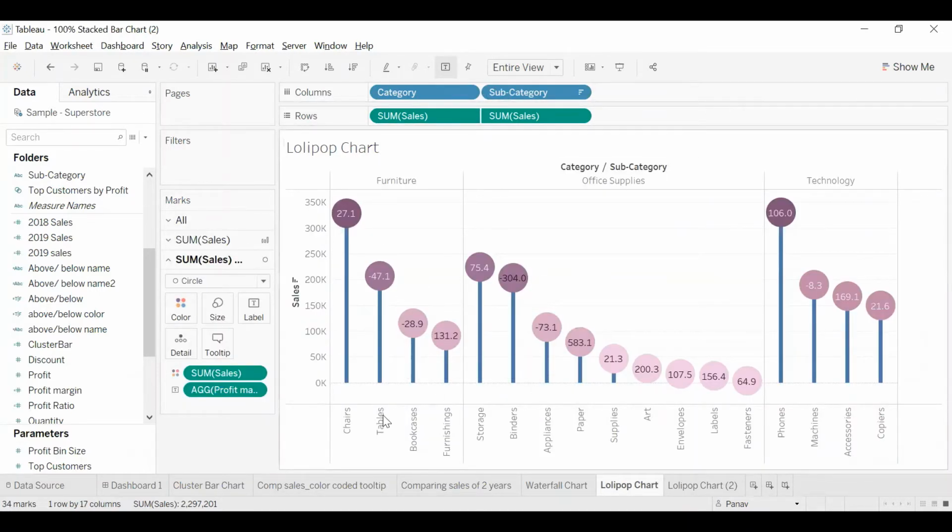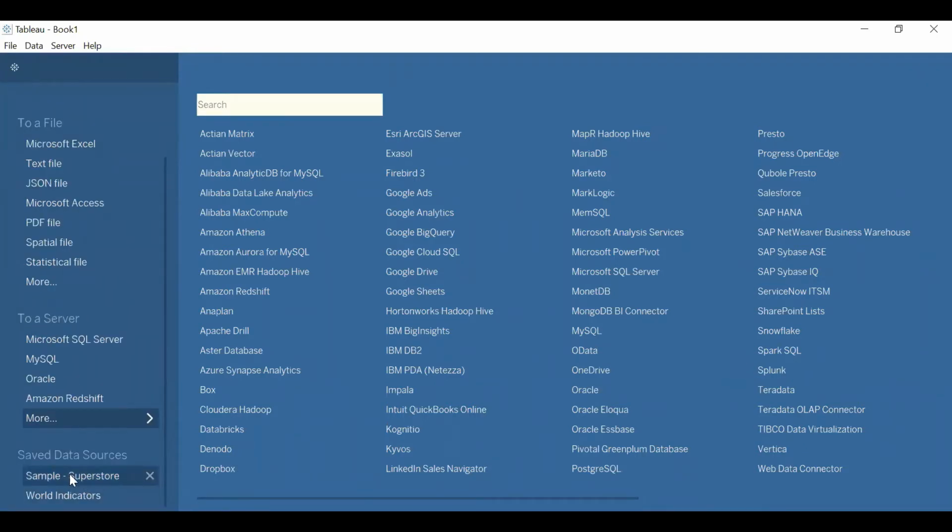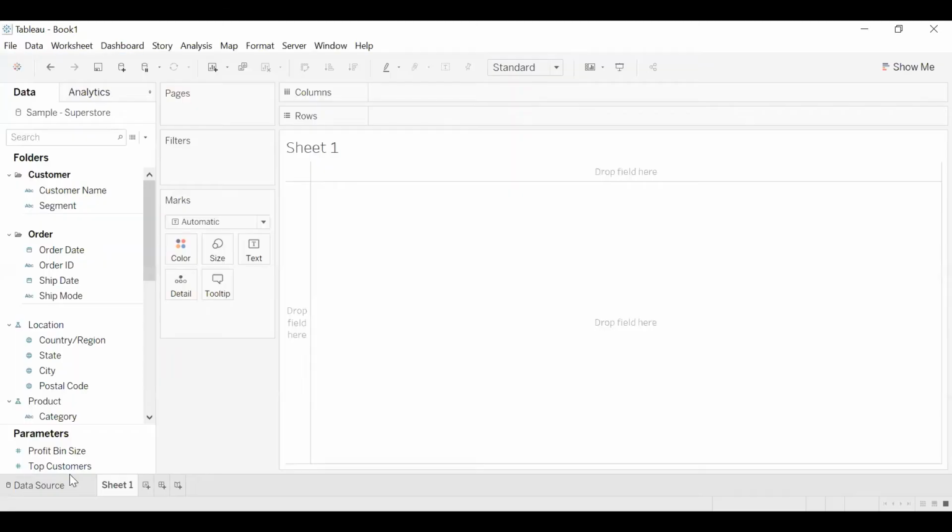To make this, I've used the sample superstore dataset. And for those of you who do not know how to open the sample superstore dataset, you just have to type Tableau, open the app. When you open Tableau, you'll be able to see that there is an option to connect to any of the Microsoft Access file, JSON file, PDF files, or to any of your data files which are there on the server. In my case, I'm using sample superstore dataset so that everybody can follow along. This is a preset data that is available with each and every version of Tableau